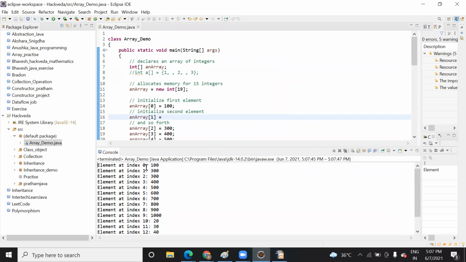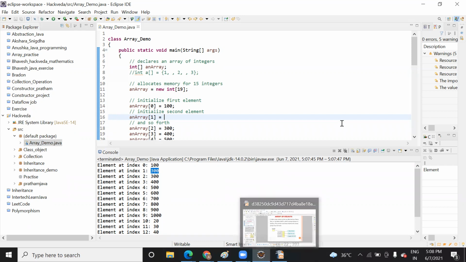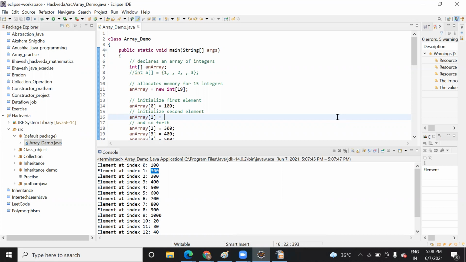So when I have not assigned a value, my compiler has initialized the next value to the previous one. You can see it here. I have not initialized any value here, so it has initialized the array's second value here. Okay. So in this way we can work with this array program. You can practice this. I will upload all these array programs with the slides on GitHub. Have a look at this and practice these array programs.